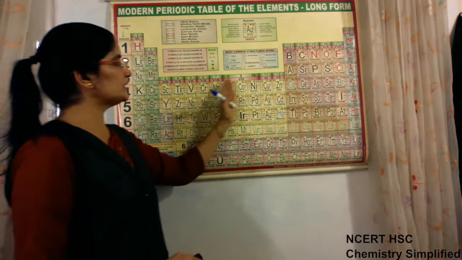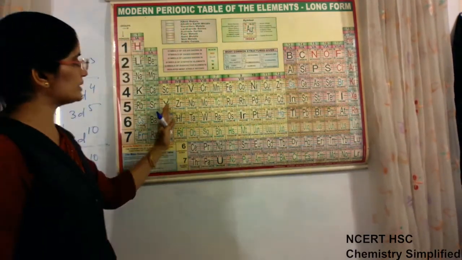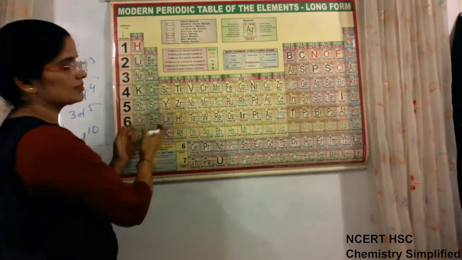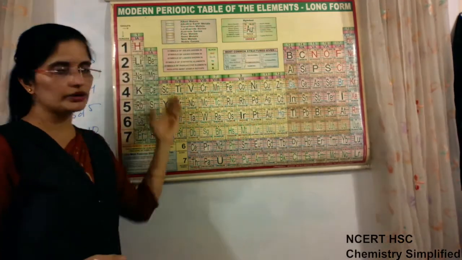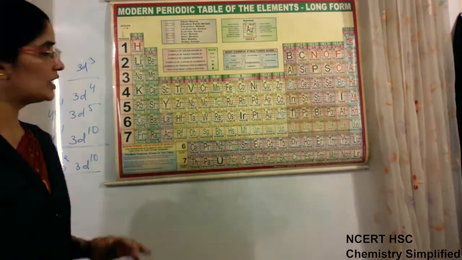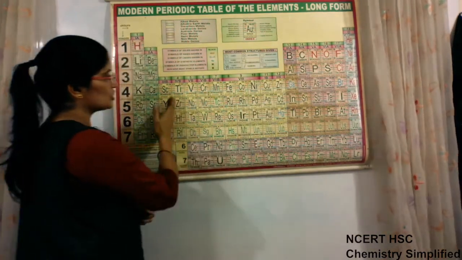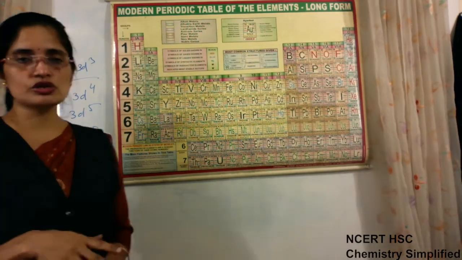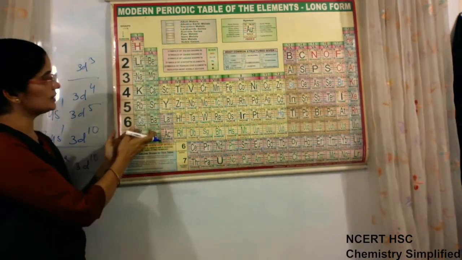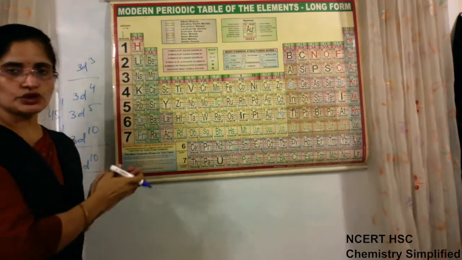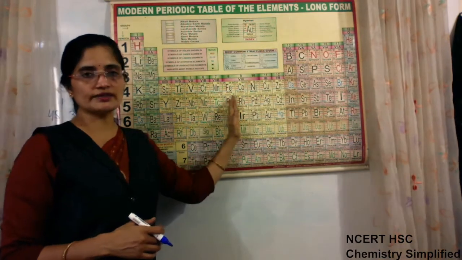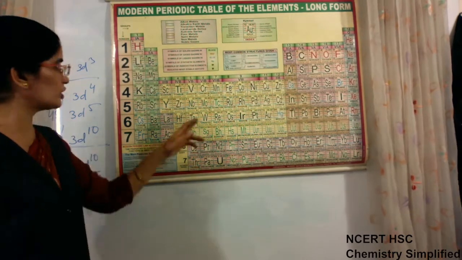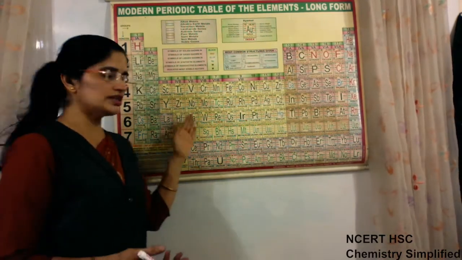Now the elements of d block, they are different. These are mostly metals. But these metals are different from the metals which are present in group number 1 and group number 2 in many senses. Why are they different? Because these metals which are present in d block have d orbitals also, or you can say d subshells associated with them. These metals which are present in s block don't have any d subshell associated. These d subshells associated with transition elements are giving them extra properties which are not visible in these elements. Okay, though these are also metals.